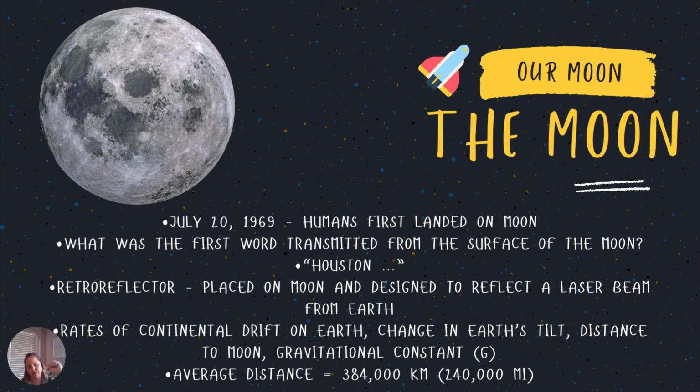So we send a beam of light. That beam of light bounces back, and based on how long it takes to come back, we can measure how far we are from the moon, which helps us tell things like what our gravity looks like. Are there changes in the Earth's tilt? If we're getting further away, maybe the expansion is happening faster than we thought, all of those kinds of things. But we're about 240,000 miles from our moon.